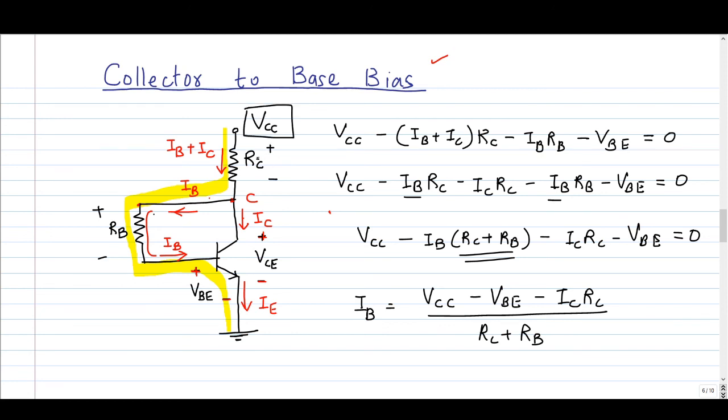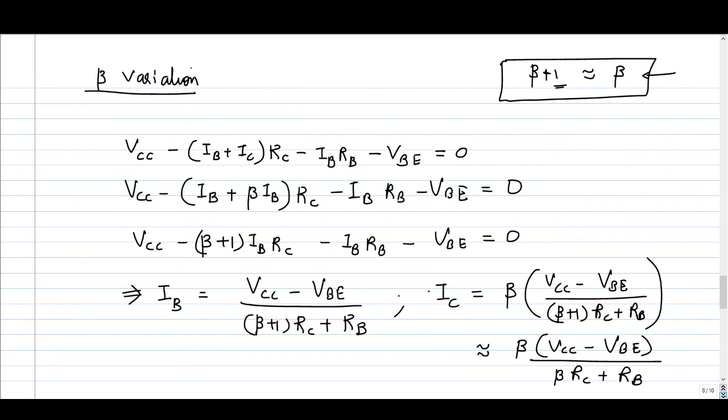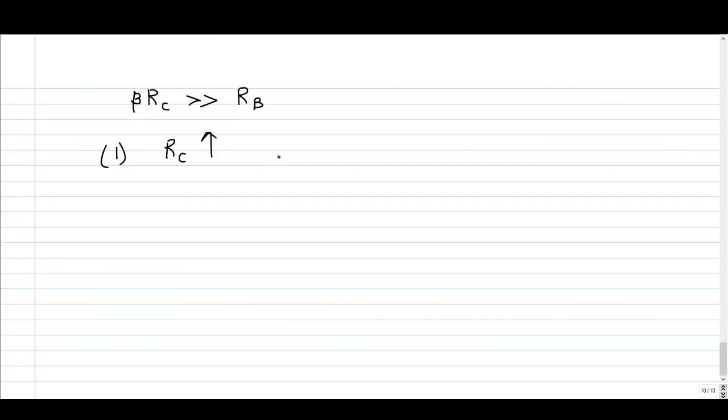So if the major amount is dropped across RC, then only the remaining voltage is available across VCE, across collector to emitter terminals, or VCE will decrease. So to maintain VCE, what we have to do? You have to use a battery with a higher voltage. VCC has to be increased. So that will increase the cost. Okay. So that is the disadvantage of using higher RC. So when you use high value of RC, VCC has to be increased or cost increases.